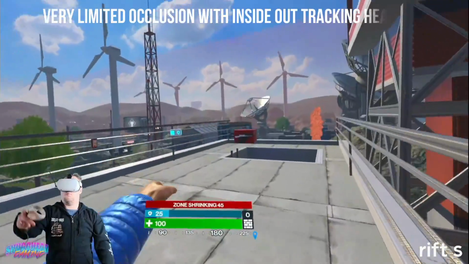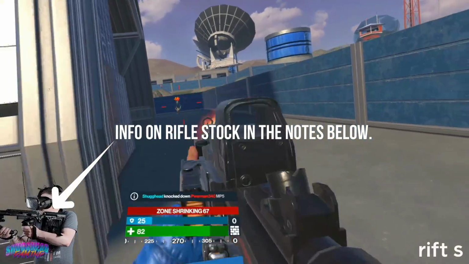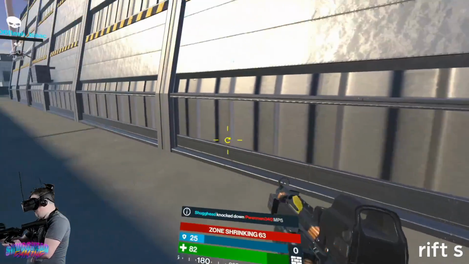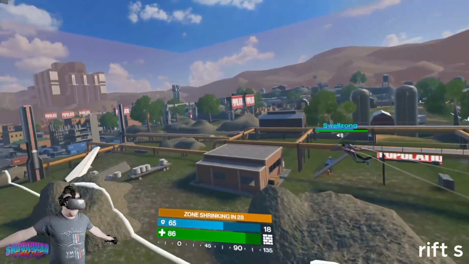Population 1 requires the use of 2 motion controllers. I did test the game with a gun stock, and while it greatly improved my gun game, it was a lot to deal with since the game requires so much two-handed movement, so it's definitely something I'll have to work on. Of course, in a game with such a focus on movement, VR sickness is bound to be a problem